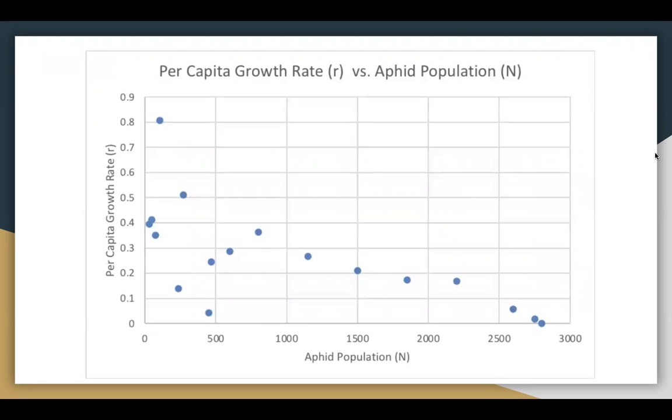And again, this next graph also simply shows the per capita growth rate of aphids, demonstrating that as aphids start nearing around 3,000 in numbers, their growth rate tends to decline. We believe this is due to the natural carrying capacity of the aphid population, since this is the data of aphids in the controlled conditions of the caged yucca plants where there is no predator presence. This eliminates any predator-prey dynamics and pushes us to assume that the aphids will move out from a patch when they reach their population limit.